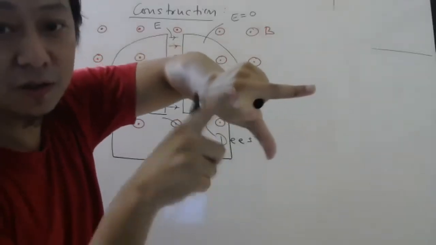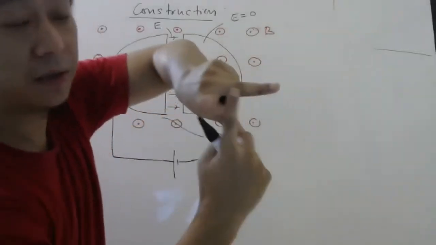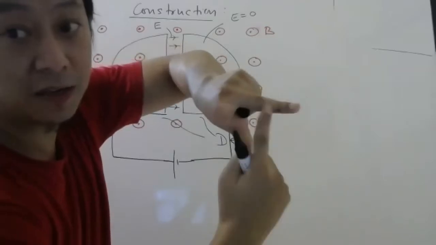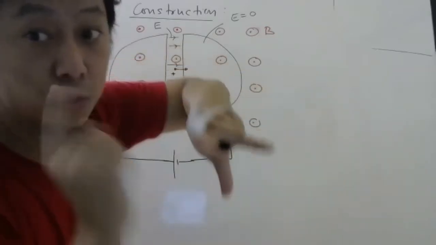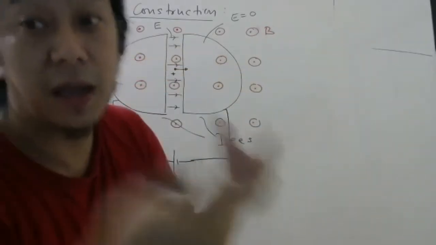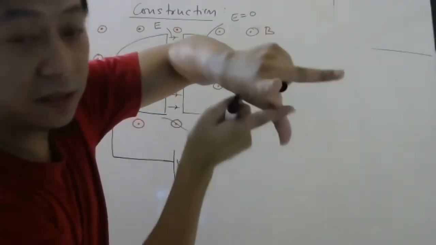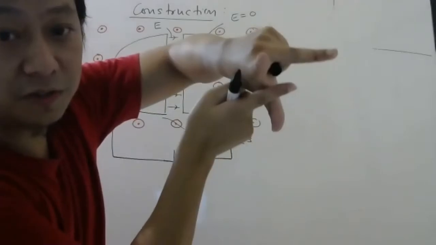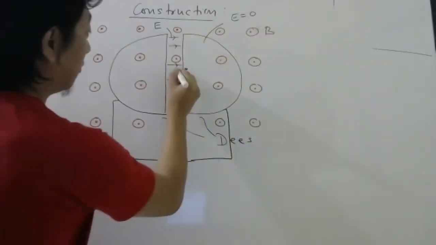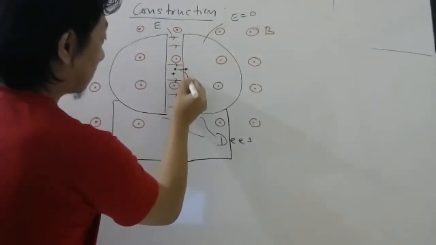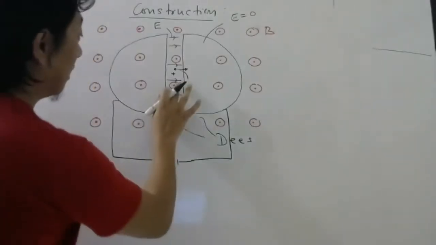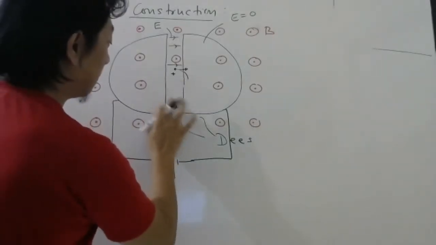Magnetic field is towards you. Magnetic field is outside. Motion is this side. Because of the electric field, it will start moving, remember. So who is making it move? Electric field. So it will start moving faster, and then there is force here. So because of the magnetic force, it will start moving in a circle like this. Now this is the crucial part. Let me remove these things now.